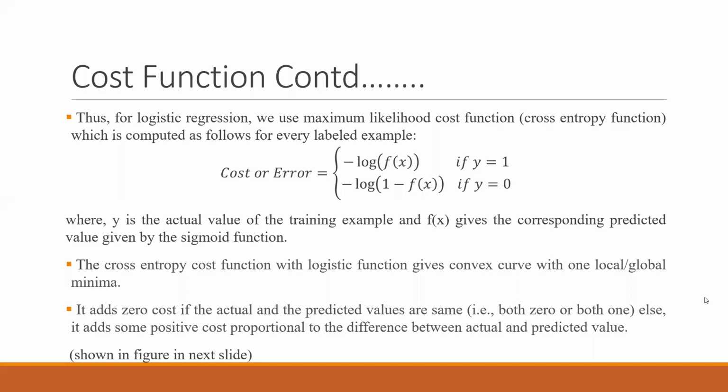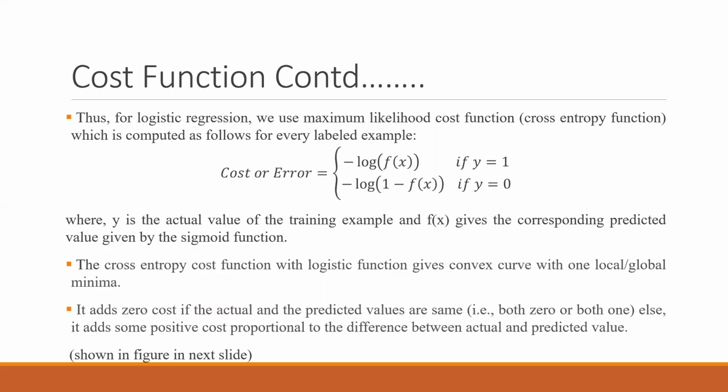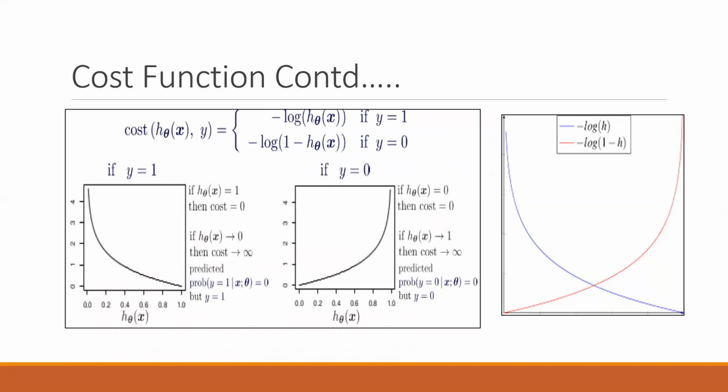Okay, so in the previous lecture we completed at this point. We said that we will be discussing the graph on the next page from this lecture. So we were seeing that for y equal to 1, cost function will be minus of log h(x), and for y equal to 0, function will be minus of log(1 minus h(x)). And we did the mathematics and tried to solve how this will be affecting our cost function. But we have also plotted that for you.